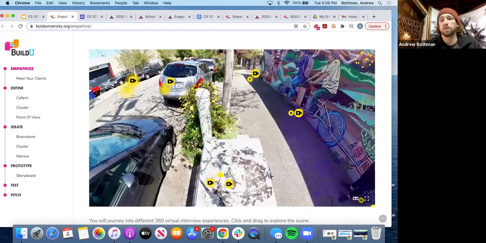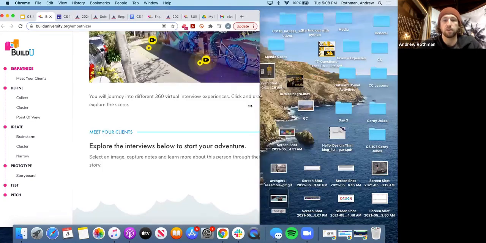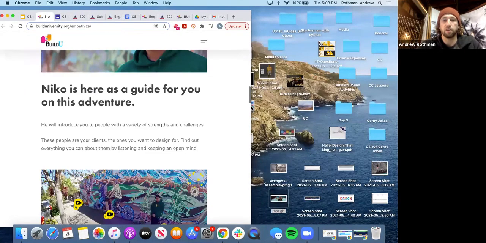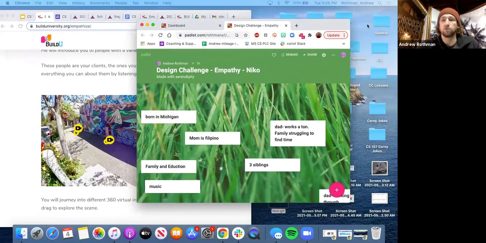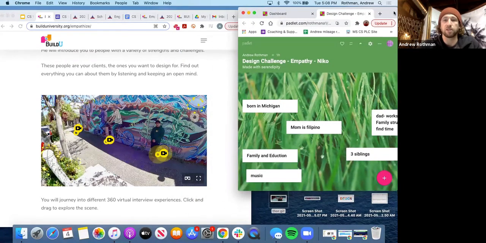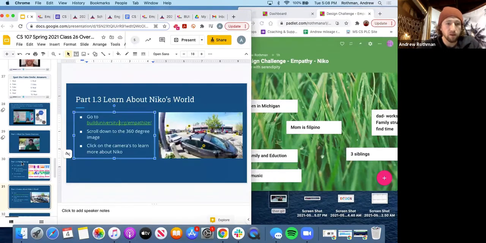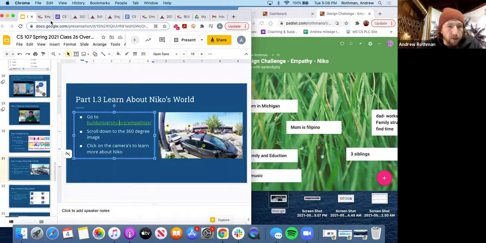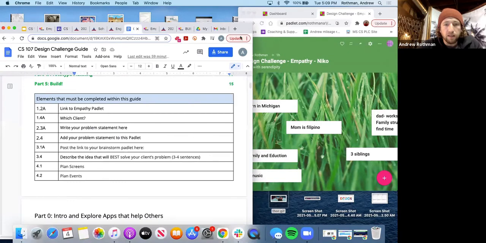So hopefully you guys can see all this. I'll put Nico here, and then I'll put the Padlet here. What I'm trying to do is collect information about Nico. Actually, let's go over the information that I want to collect about him. It's probably better on the guide.